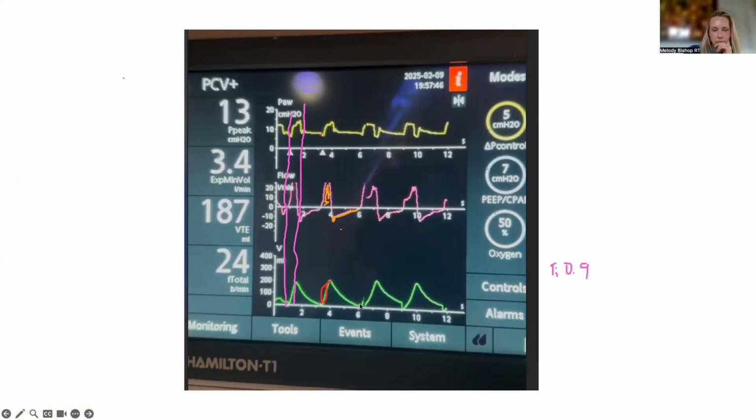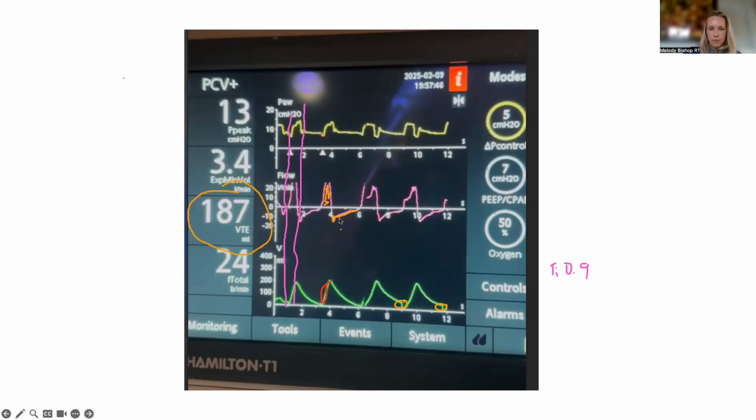If we look at the volume curve, you have a little bit of what you would call a leak, right? But that leak is a little bit misleading. It just means that the ventilator isn't seeing all the volume that it put in, right? So the question is, where is it going? Is it going around the cuff? Is it going through a chest tube that you put in because there's pneumothorax? Or is there auto peep, meaning there's flow left over and subsequently volume left over, and then subsequently after that, pressure being exerted? The other thing is that your exhaled volume is only 187.